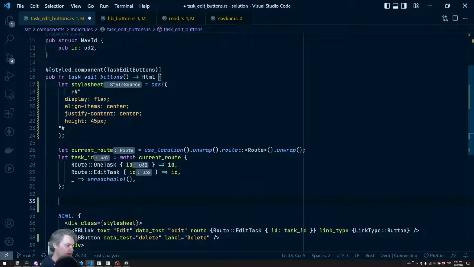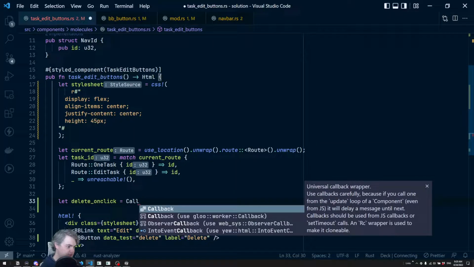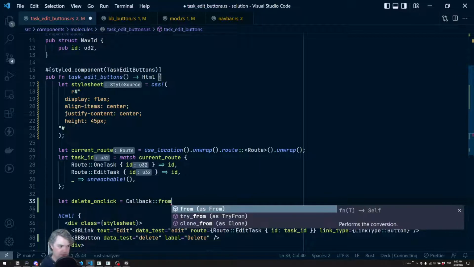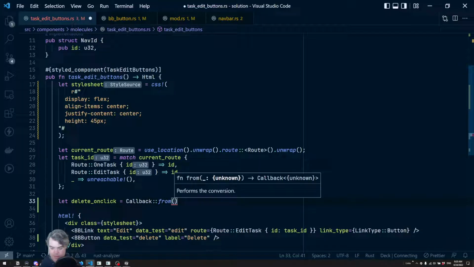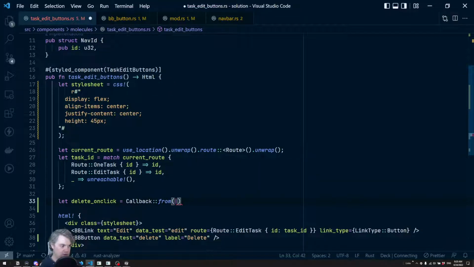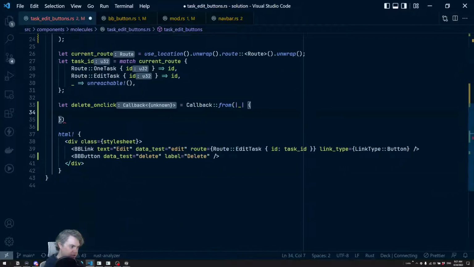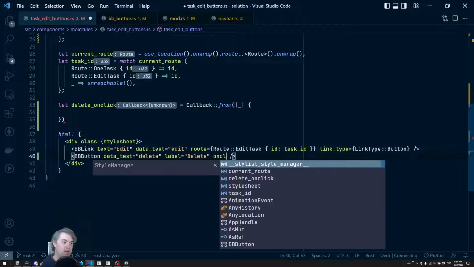So we'll do a let delete on click equals create a callback from, we don't really care about this. You're going to be called inside of you. So click